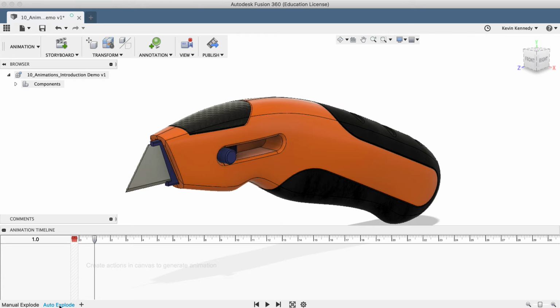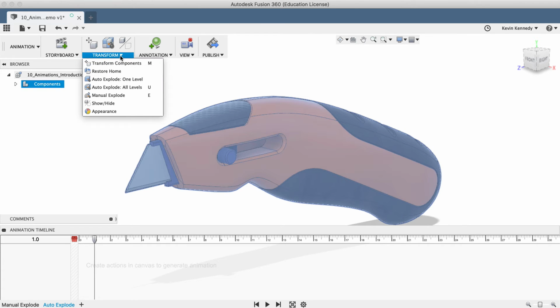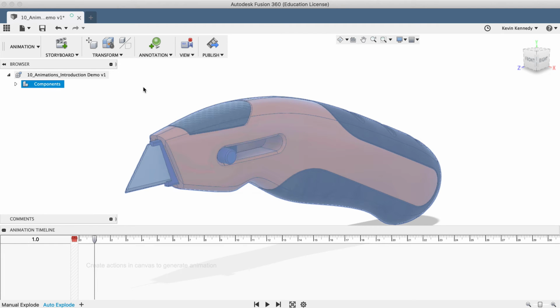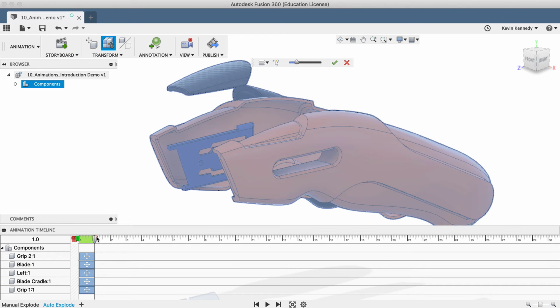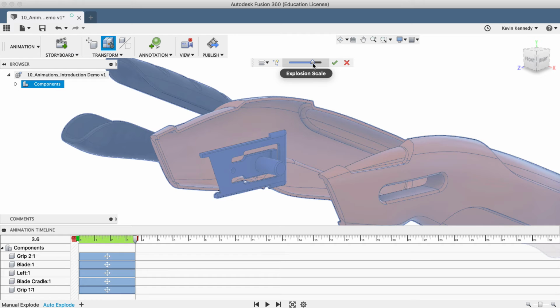To start off, I'll select the Components folder in the Fusion 360 browser. Then I'll go to the Transform drop-down menu, and I'll select Auto Explode All Levels, which you'll see that you can also get to by hitting the keyboard shortcut letter U. I'll drag the End Playhead indicator to about 3 or 4 seconds, then I'll adjust the Explosion Scale slider above. I'll drag it to about 3/4 of the way,